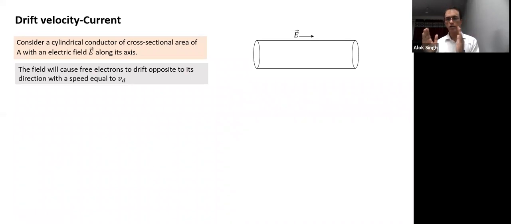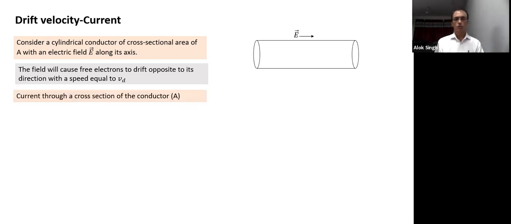So just imagine all the free electrons which are present start moving towards the left with the drift velocity equal to Vd. We know Vd is equal to acceleration into time, small e into capital E divided by the mass of the electron, into tau. So what is the current through any cross section? If this is the conductor, and we take a cross section like this, what is the current through this conductor? Before we start calculating current, we have to think how we calculate current. It is the net transfer of charge in unit time, or the rate of transfer of charge.